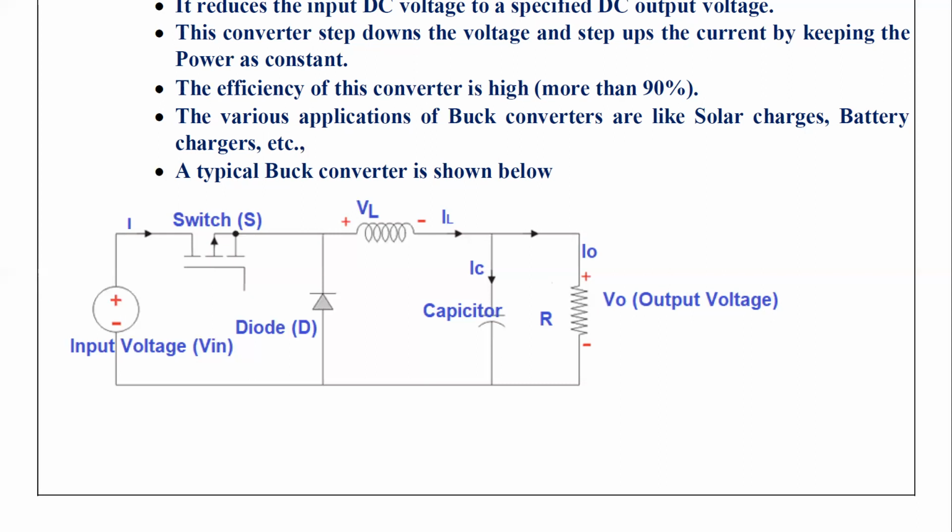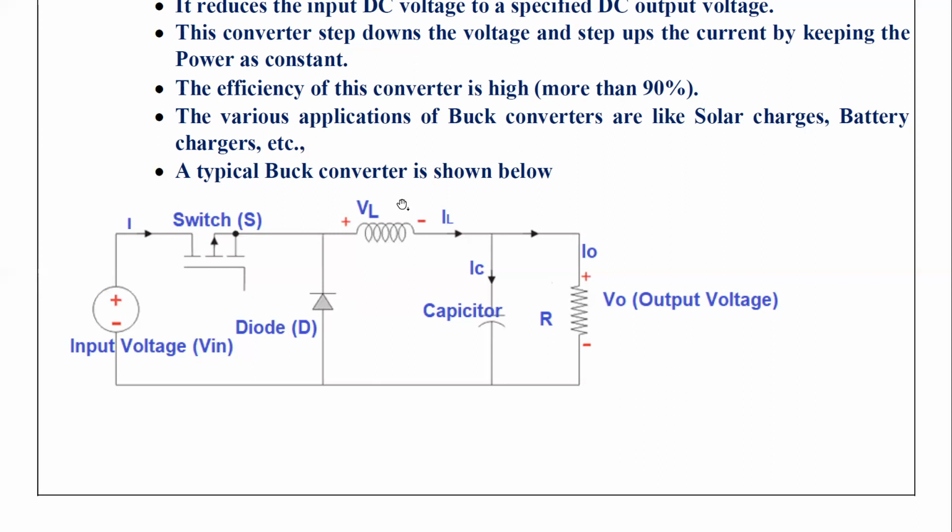Both have a gate. So by simply applying gate pulses to the IGBT or MOSFET, you can simply turn off the circuit. Therefore, using MOSFET and IGBT is very simple and easy. That is the reason why I am using MOSFET as a switch in this case. The switch S here is a MOSFET, and diode D acts like an on switch during forward bias and an off switch during reverse bias. So I am using the forward bias and reverse bias characteristic as a secondary switch. We'll explain that in the circuit.